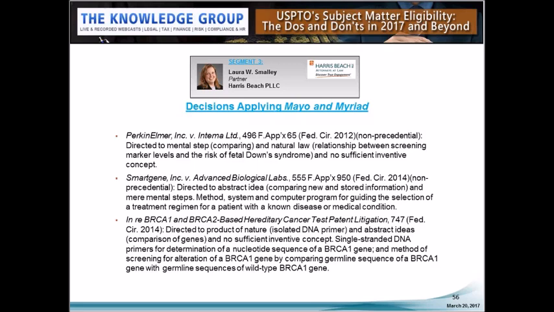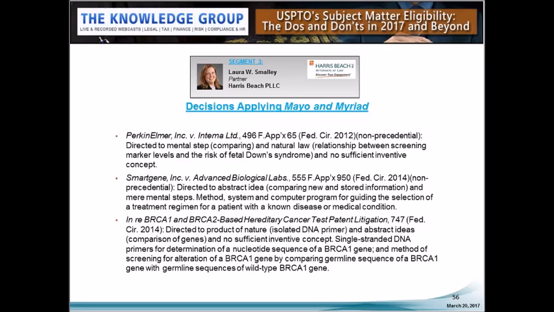The court therefore found that the claims recited the mental process of comparing data to determine a risk level, and that the claims also recited a law of nature, the relationship between the screening marker levels and the risk of fetal Down syndrome. The other steps of the claim method did not disclose a sufficient inventive concept to render the claims patent eligible. In the SmartGene case, which was mentioned by Steve in his presentation, a non-precedential decision, it involved